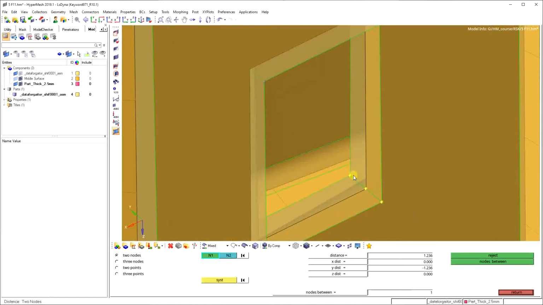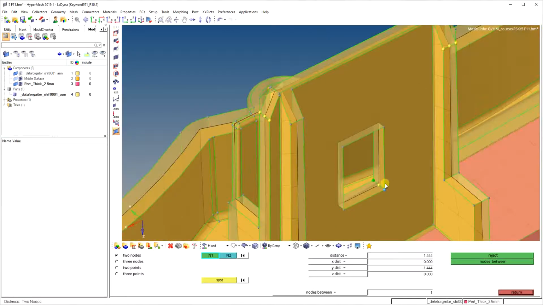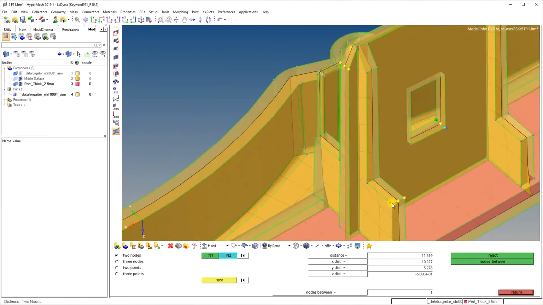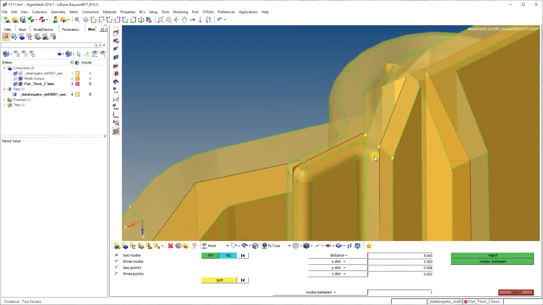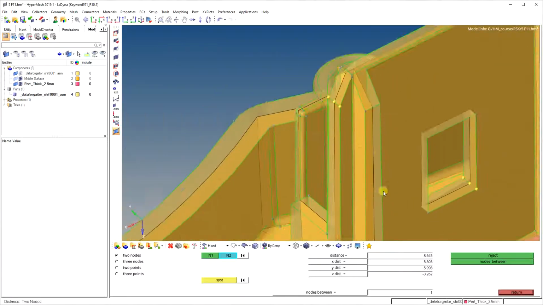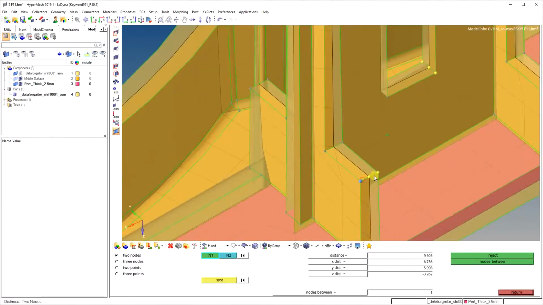It is 1.126 here, 1.44, and here 1.453. Okay, you can see the thickness at the bottom of this feature is more.